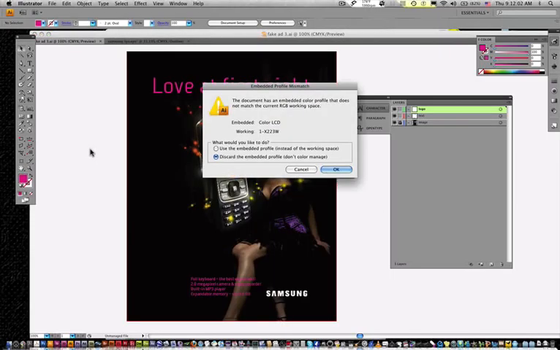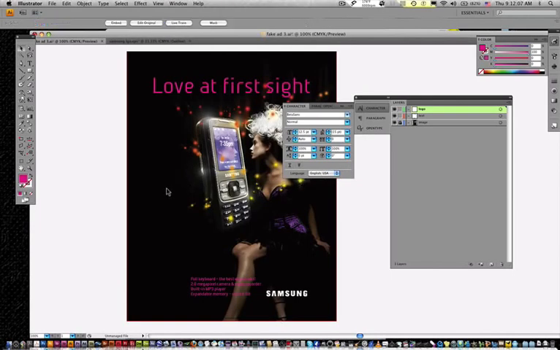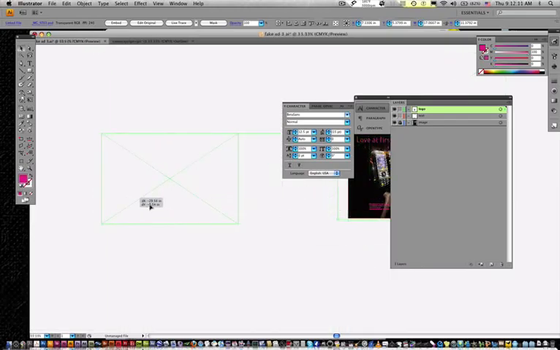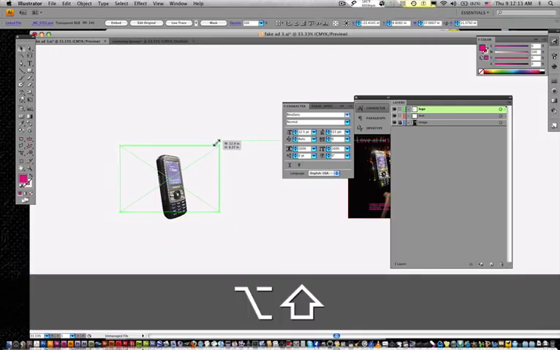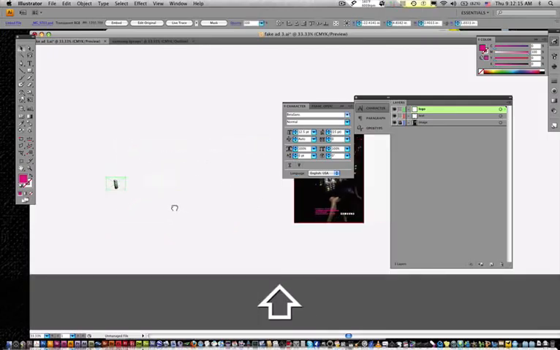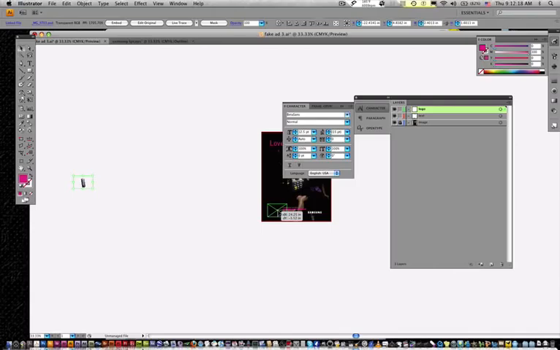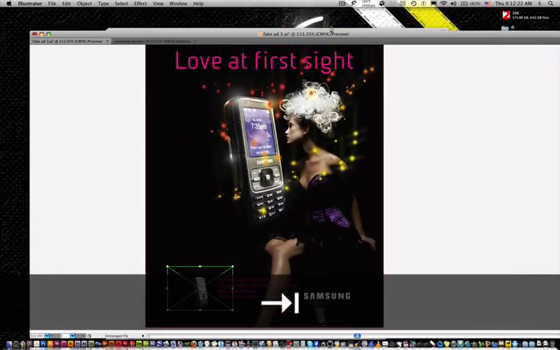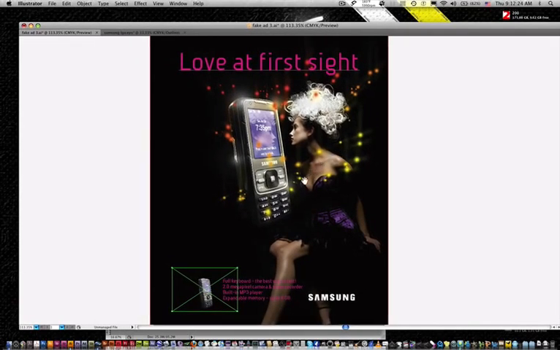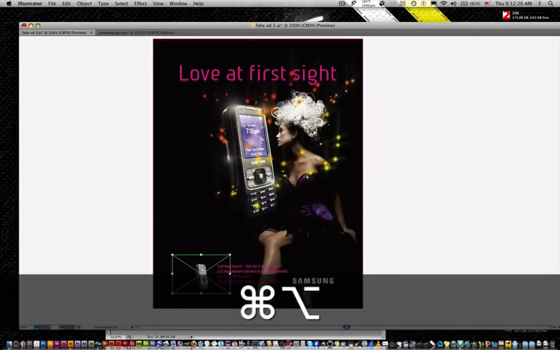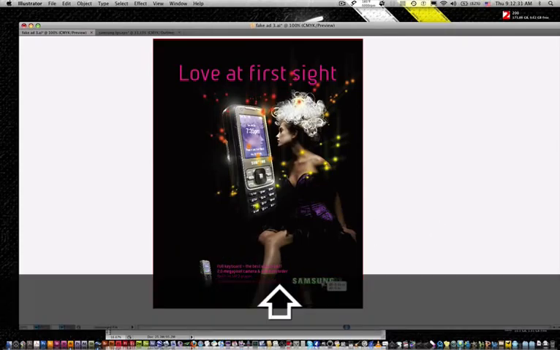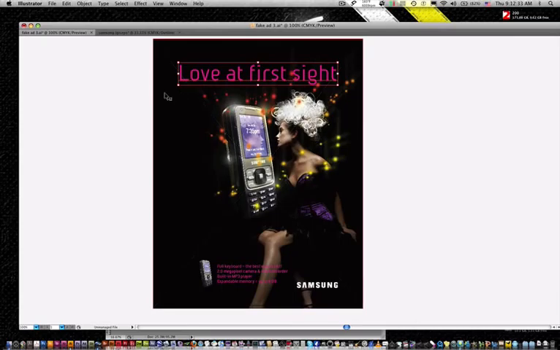And I'm going to scale it down. Ooh, right on. So now I've got this going on over here. Some logo goes over here. You might want to enlarge this